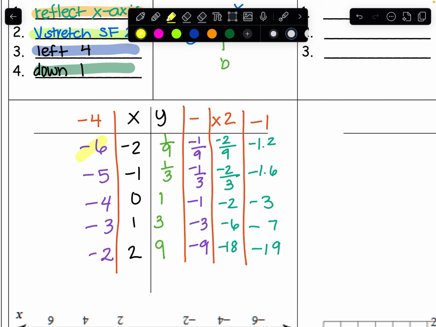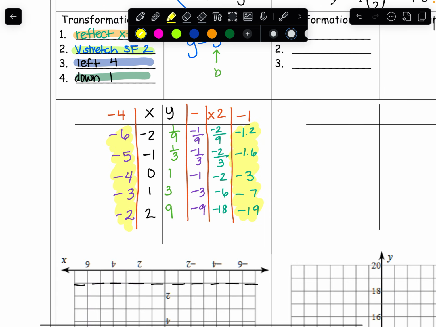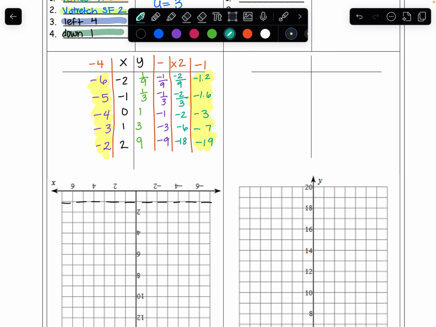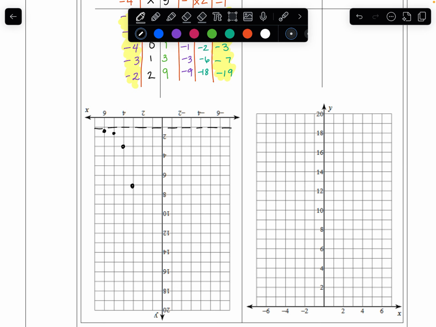And so just like with all of our other transformations that we've done so far, we're going to graph our outermost columns. I know the graph is weird. It was just the easiest one. So we have negative 6, negative 1.2, negative 5, negative 1.6, negative 4, negative 3, negative 3, negative 7, where are we at right here, and negative 2, negative 19, which is all the way down here. So then we can connect our points